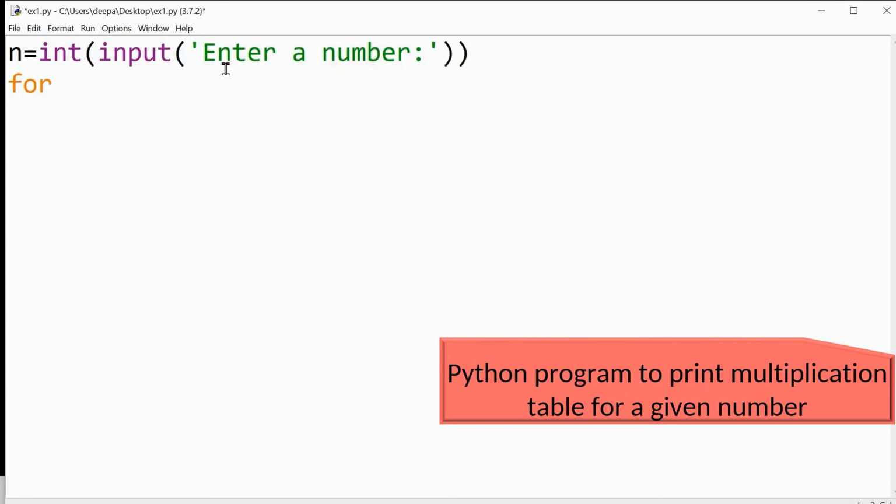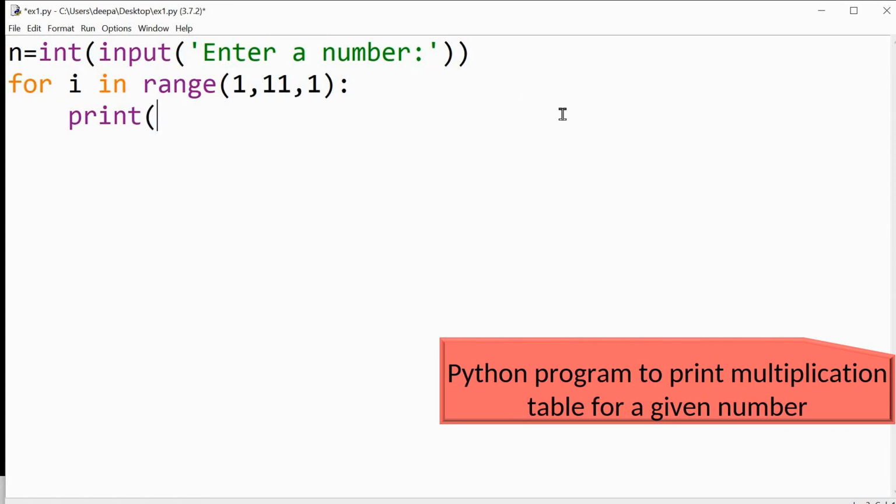Now I can write a for loop to generate 1 to 10: for i in range(1, 11, 1): print.